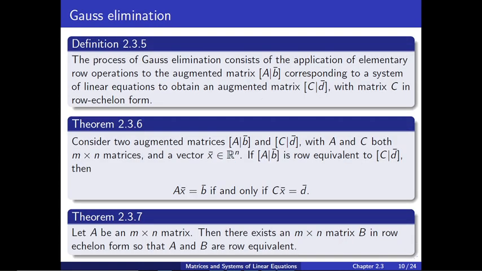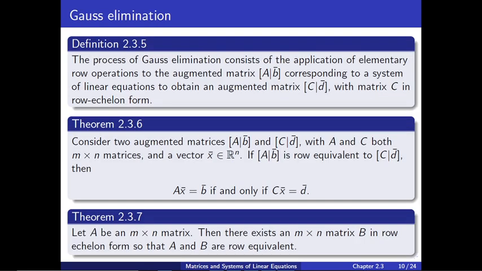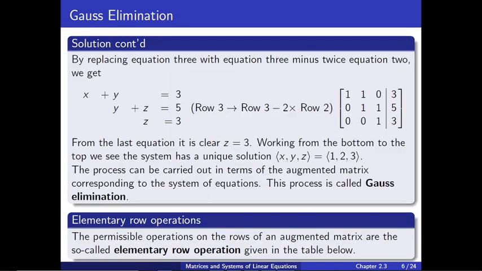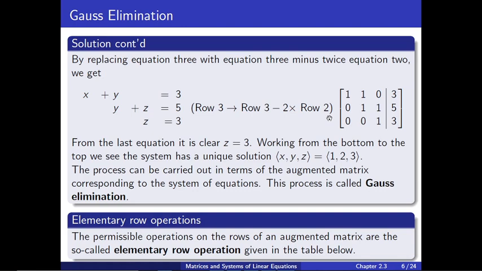Okay, so we are going to continue on this in the next video, where we are going to see how we can use Gauss elimination to get to row echelon form and then solve the systems. Just another example. You see that when we solved this system in example 2.1.3, we started off with that and we ended up with this system, which is row equivalent to the original system. And you can see that this matrix is in row echelon form